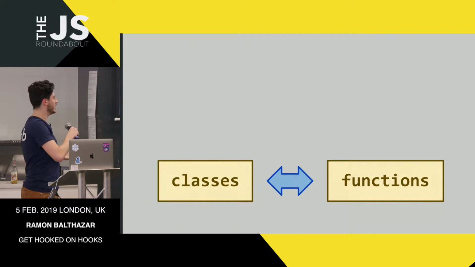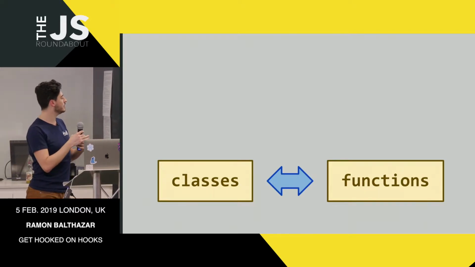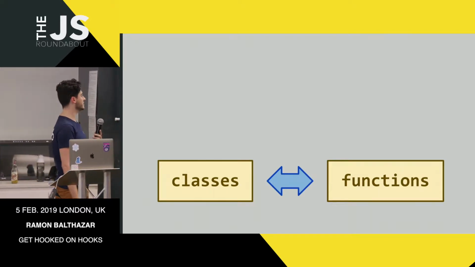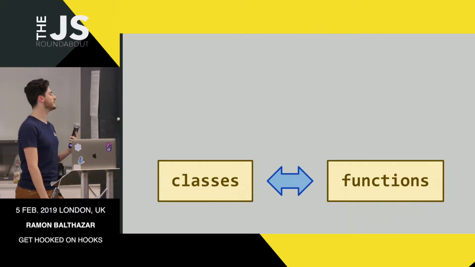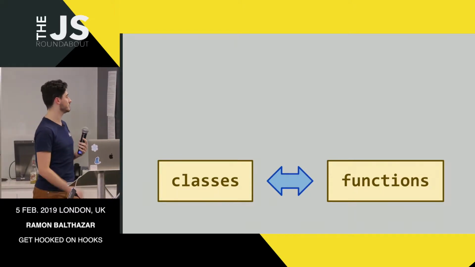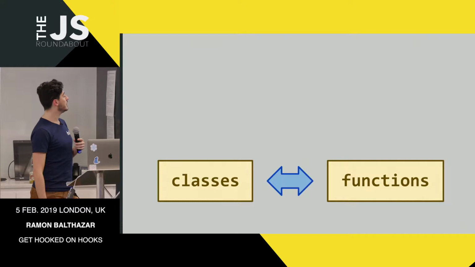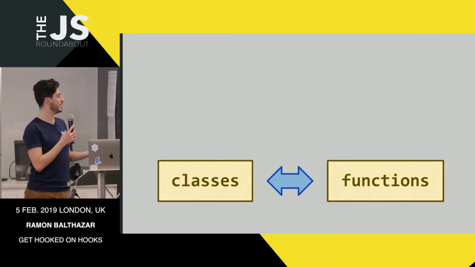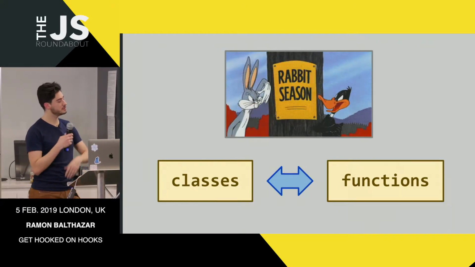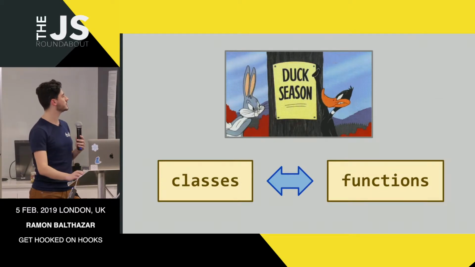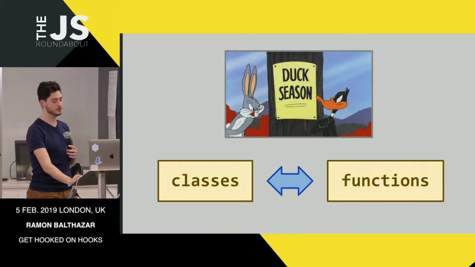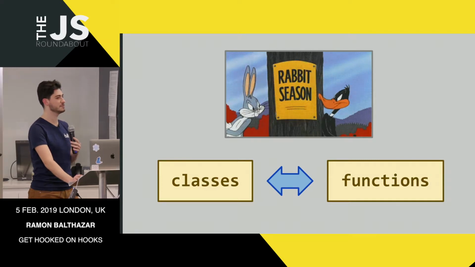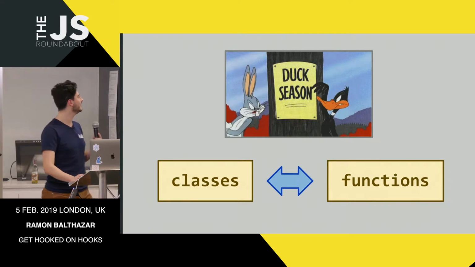Also, there's this thing about classes and functions. Like you can create classes, class components. You can create function components. Sometimes you don't know if you're gonna use the state for something. So yeah, let's make it a function. And sometimes you realize that you don't need state anymore. Like you have Redux, so you make it a function, and you need to be changing the code. It's just so frustrating. Sometimes I go through code bases where all components are classes because people just couldn't care less.